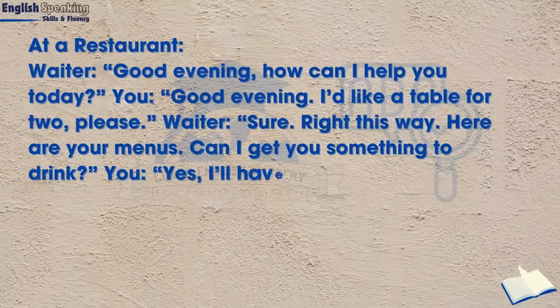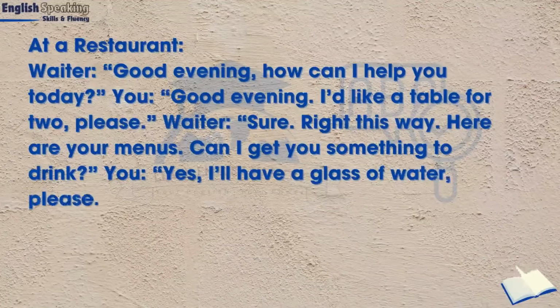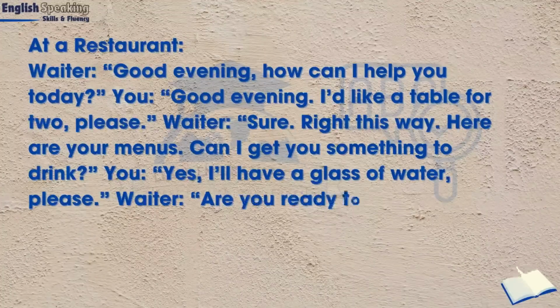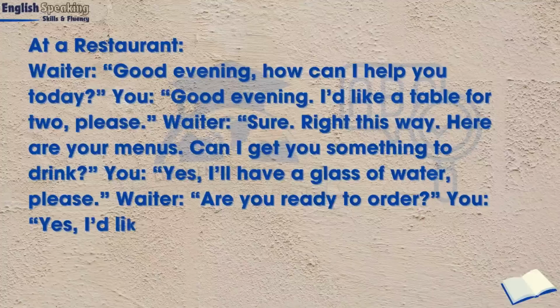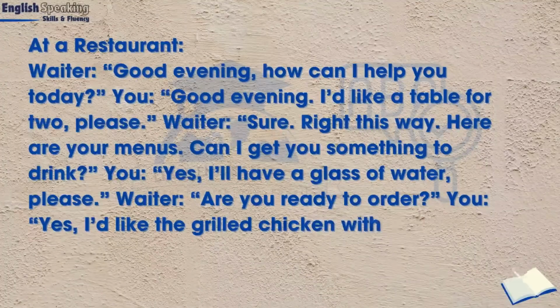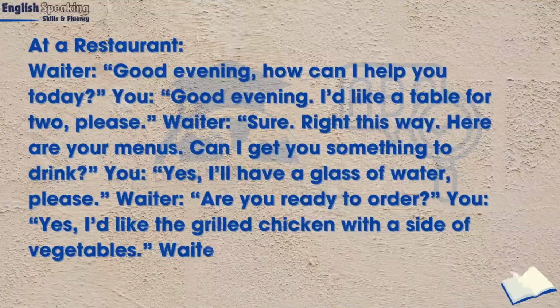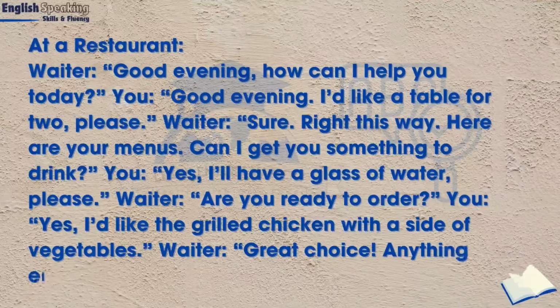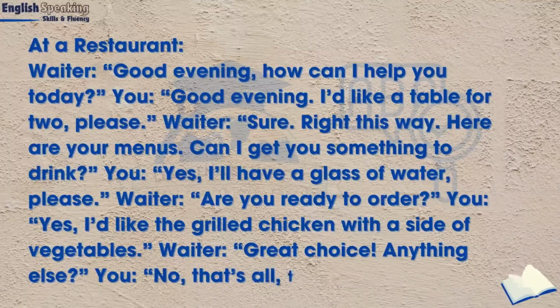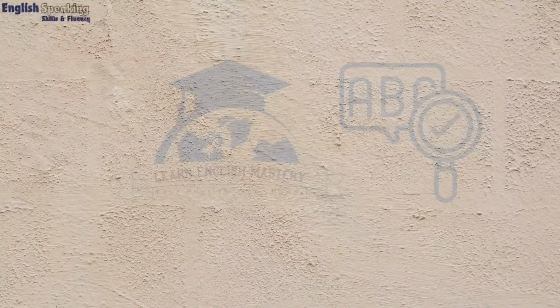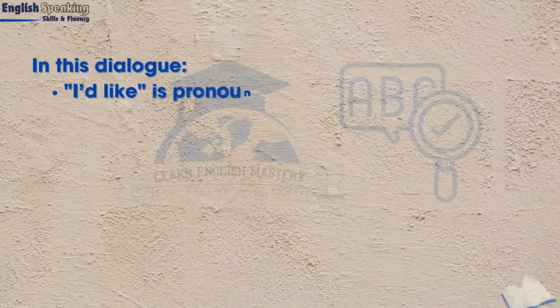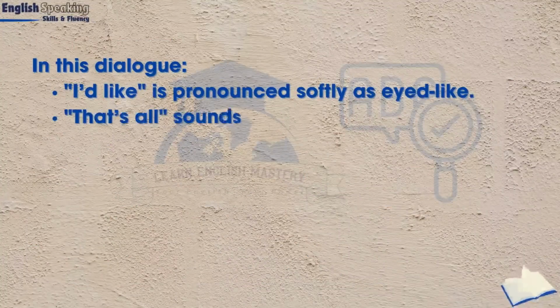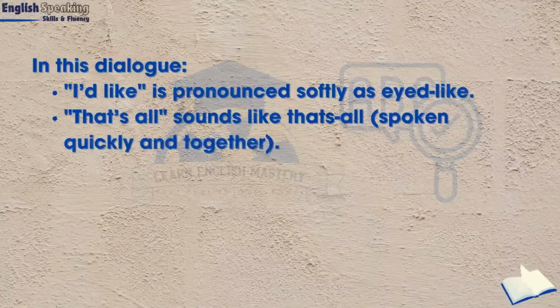You, yes, I'll have a glass of water, please. Waiter, are you ready to order? You, yes, I'd like the grilled chicken with a side of vegetables. Waiter, great choice. Anything else? You, no, that's all, thank you. In this dialogue, I'd like is pronounced softly as I'd like, that's all sounds like that's all, spoken quickly and